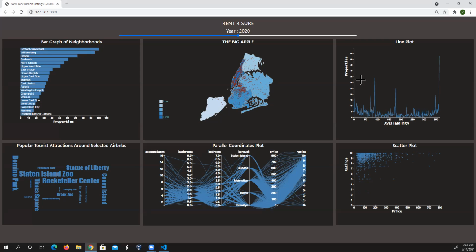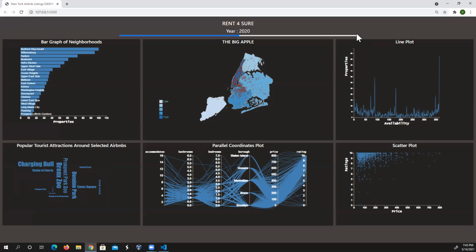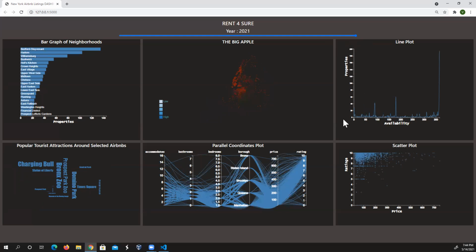Then, as Vivek had spoken about the various features in our project, we can really filter out to just one property as well. So I thought we could try some of these features and explore them. We are in the year 2021 right now, and let's go to Manhattan.